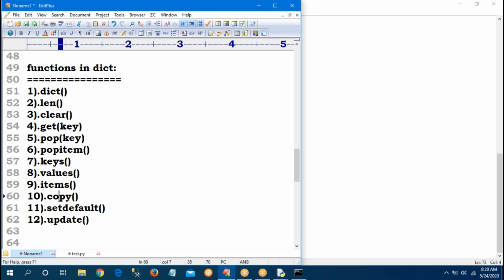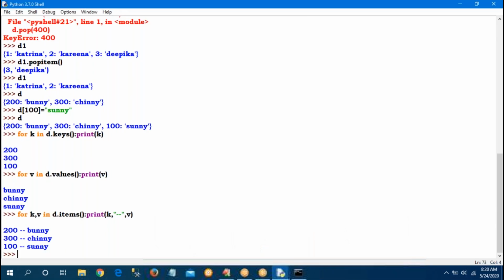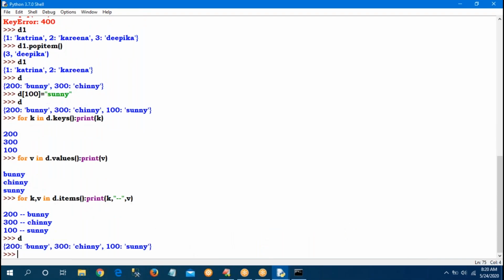Next one, setdefault, an important function. Sir, setdefault means, suppose a dictionary contains 100, 200, 300. Observe carefully. setdefault(400, 'Winnie') I have given.